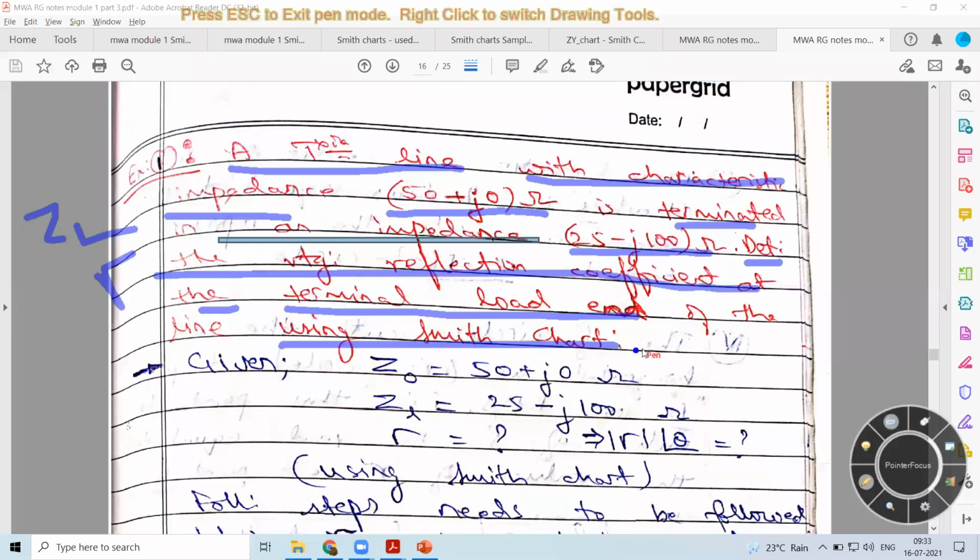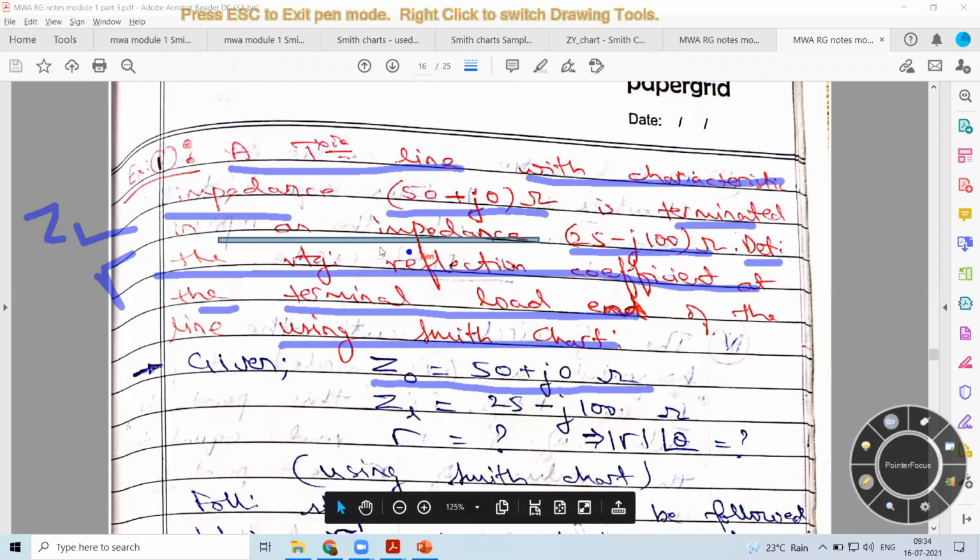the Smith chart. So now what we'll do is we'll follow one of the charts and try to see how the plot goes around and what the values are. In this case, he has specified that the characteristic impedance is 50 plus J0. So here Z0 is 50 plus J0, which is nothing but 50 ohms.